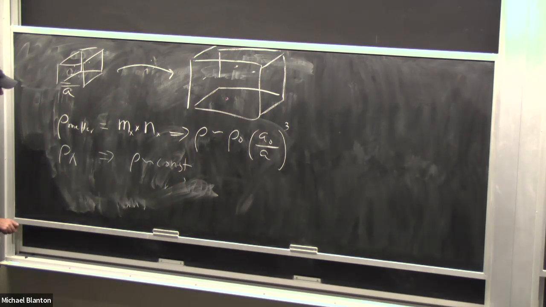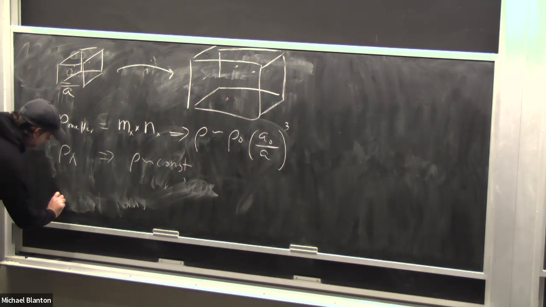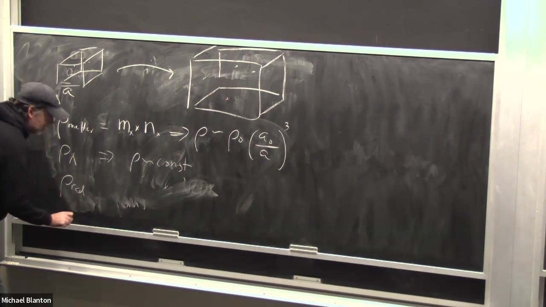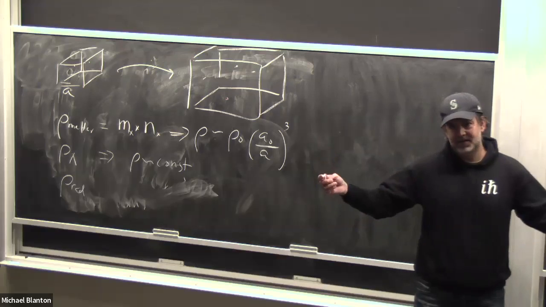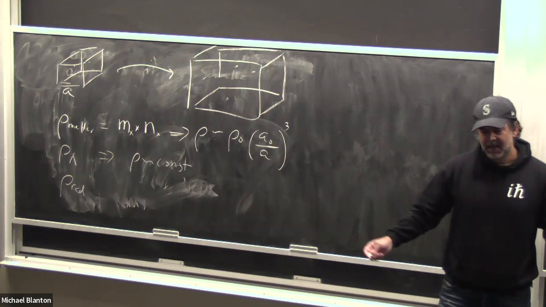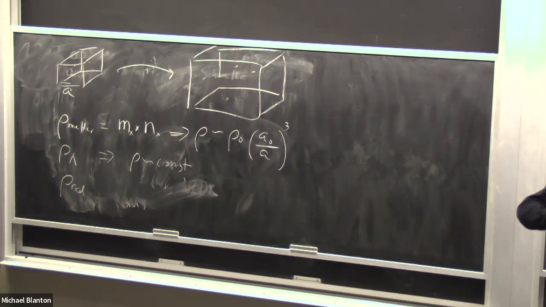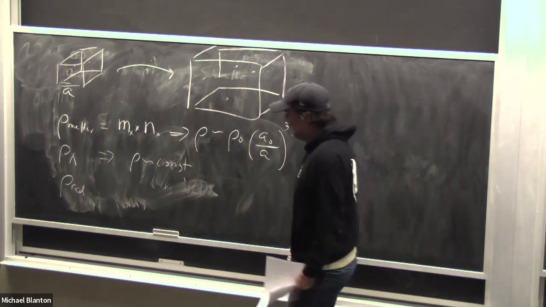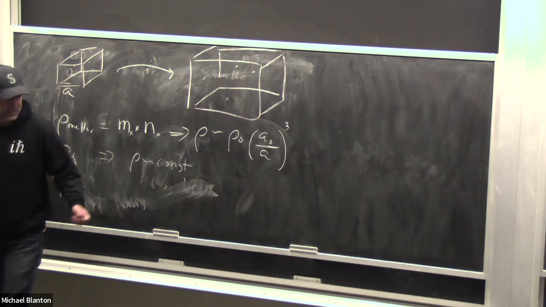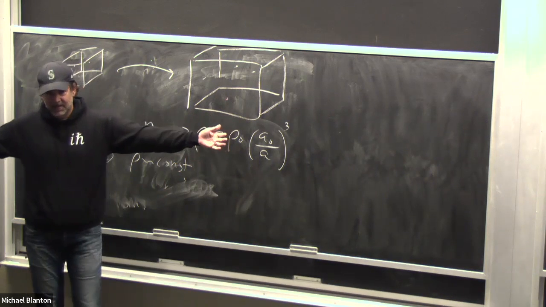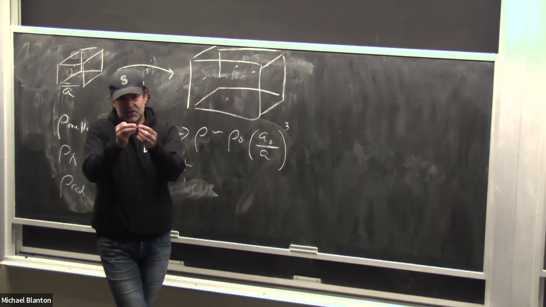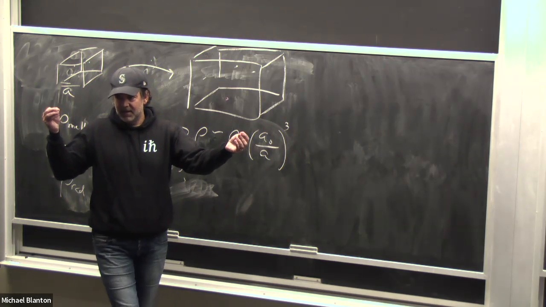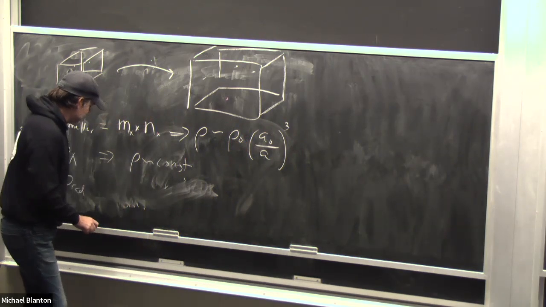And then you have the question about radiation, which is the other one that we care about. And radiation is interesting because you can go back to the same box and say, okay, I've got a big box of, let's say, non-interacting photons. And as the universe expands, that box expands and the number of photons stays the same. And so you say, well, should the energy density in photons also redshift in the same way? Should it also dilute like volume? And the number of photons does, but each individual photon you can think of as stretching out and its wavelength also increasing. So the energy density of radiation